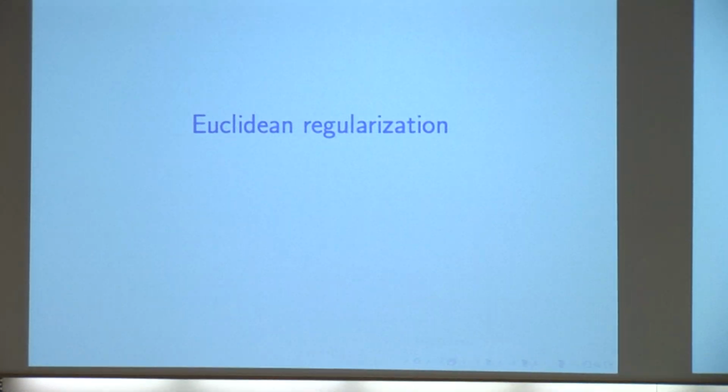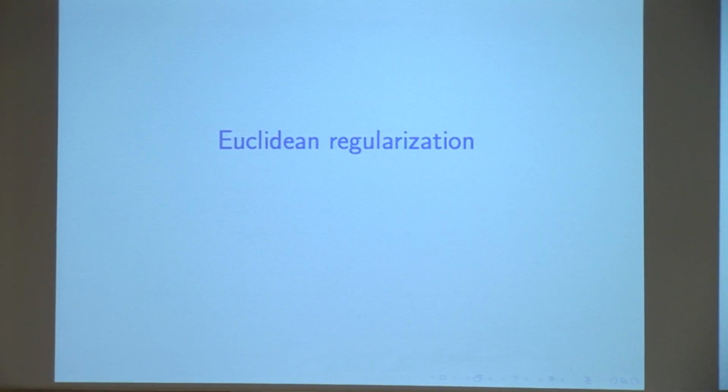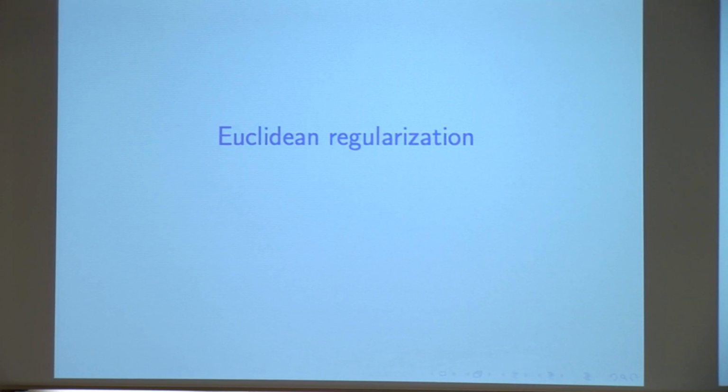Okay. Regularization strategy number 1, Euclidean regularization. So I poo-pooed Euclidean geometry in the loss function, but I didn't mean to do that. Euclidean geometry is both beautiful and, as we'll see, powerful. Okay? The point is, though, that you don't want to hamstring yourself by imposing Euclidean geometry in the loss function necessarily. It doesn't need to be in the loss function. Where you need Euclidean geometry is in the regularizer.